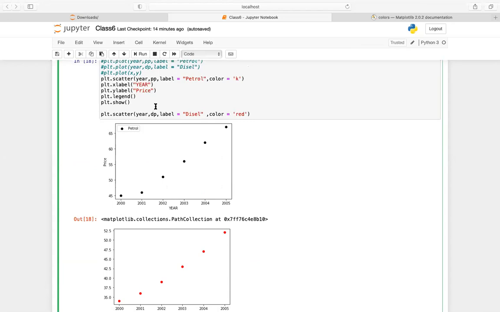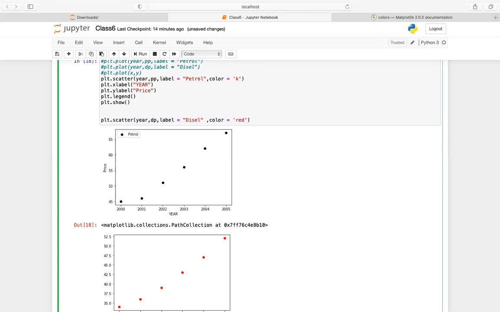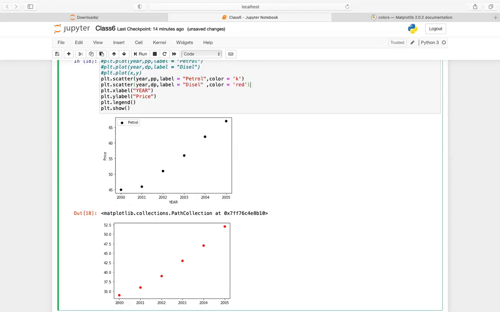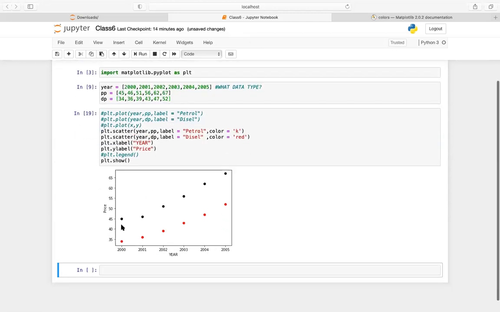Somebody asked a question, why do we use plt.legend? plt.legend will show the label of this. You can see here it's showing petrol. I'll just show you again. If I do not use plt.legend, it will not show the legend, it's just showing the dots.